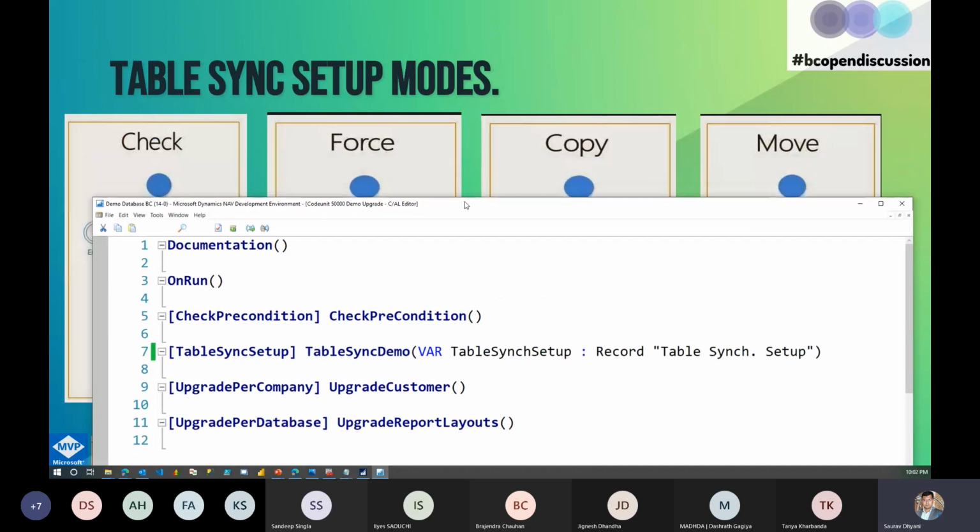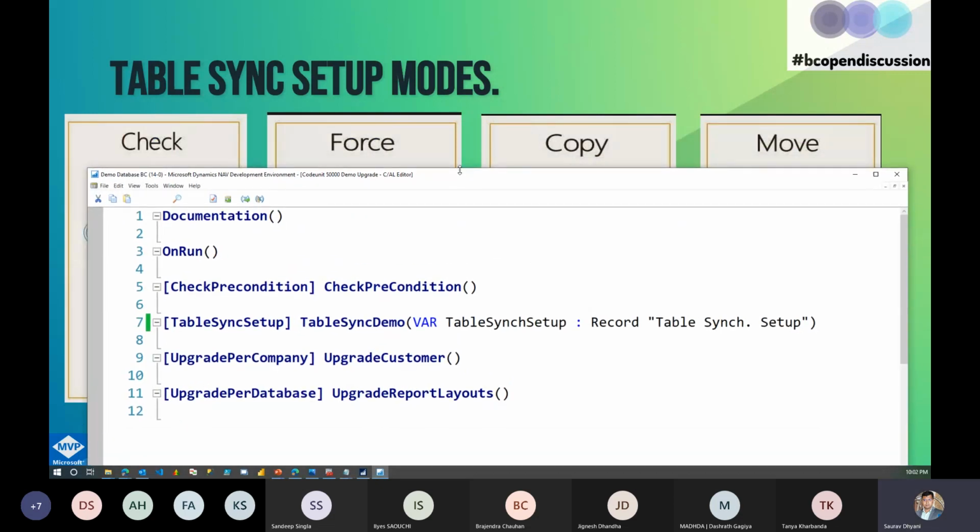Here, these different modes. So the first thing that I'm going to do is I'm going to, in my V2, change the field length of my user setup field from 30 to 20. But as a developer, because I have written that code, I'm pretty sure that all the data that is in that demo field is actually of size 20. So when I reduce the length from 30 to 20, it should not be a destructive change, logically speaking, as